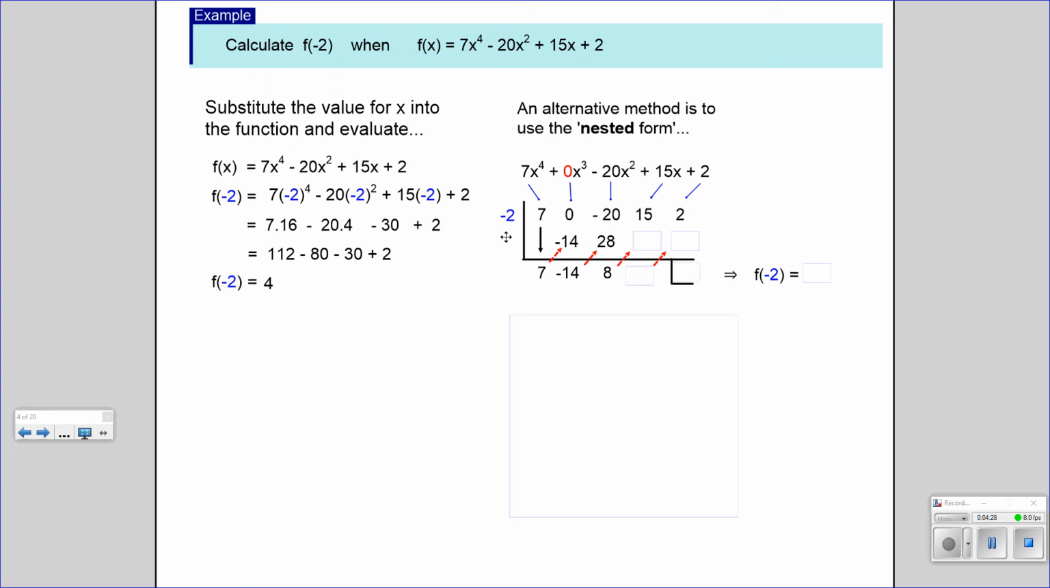And I keep doing that. Next number here is going to be minus 2 times 8. So it's going to be,